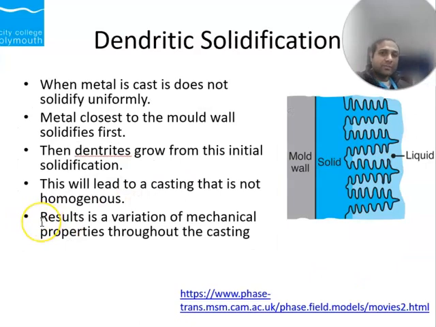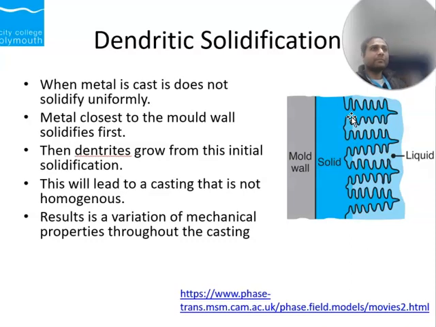Then there is a thing called dendritic solidification. What is dendritic solidification? Dendritic solidification is when metal is cast, it doesn't solidify uniformly. This is a mold wall. It forms the dendrite. Initially, the metal will become solid next to the mold wall, and then it will form